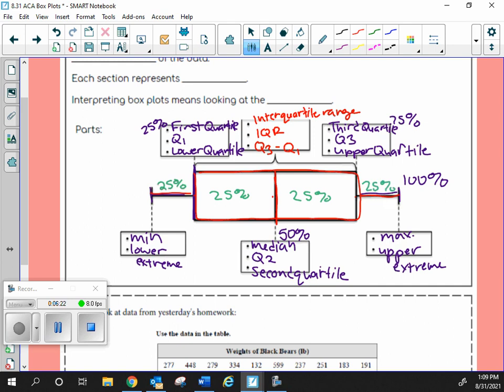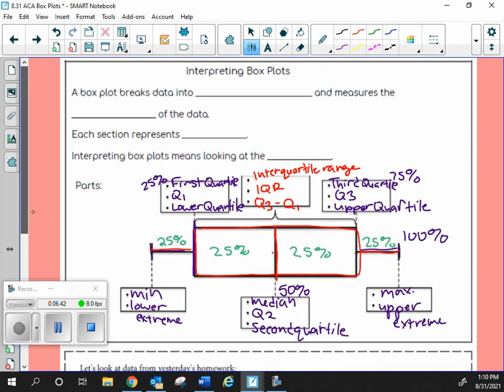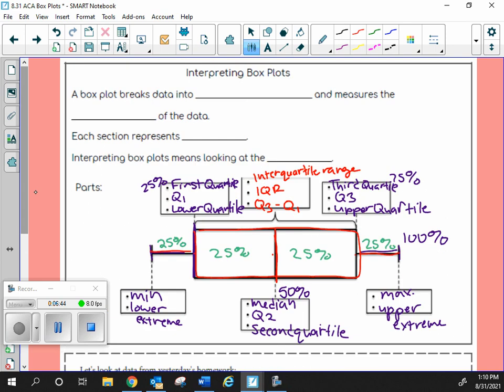Today we're going to notice that sometimes the whiskers, those things that come off the boxes, can be longer or shorter. Sometimes the box can be bigger and smaller. Sometimes our median won't be exactly in the middle. Hopefully we're going to get a chance to explore why that is. But I'm letting you know it's always going to work out to 25%. So let's go up and fill in these boxes real quick.